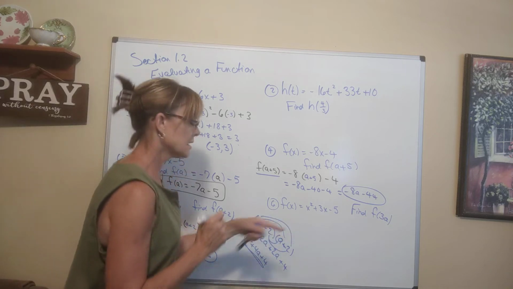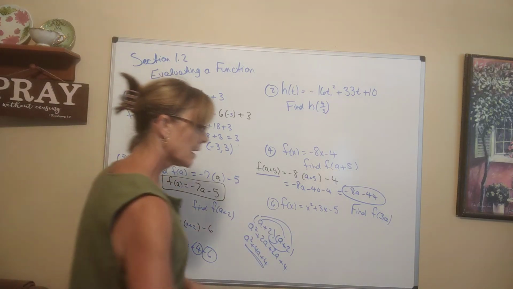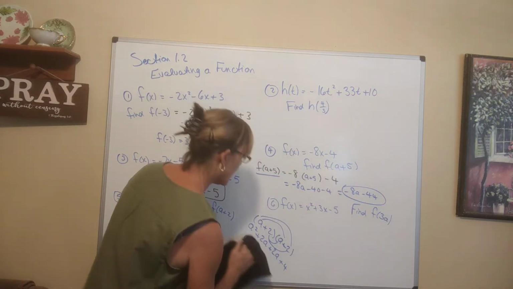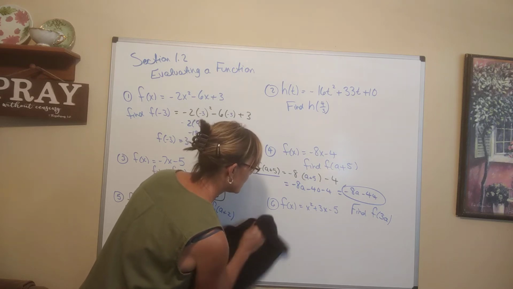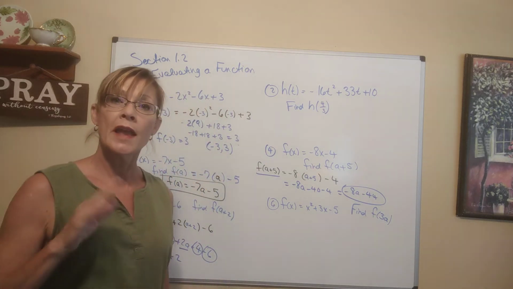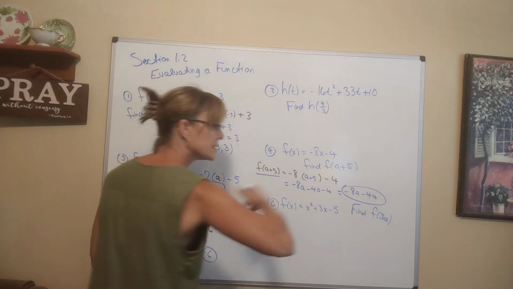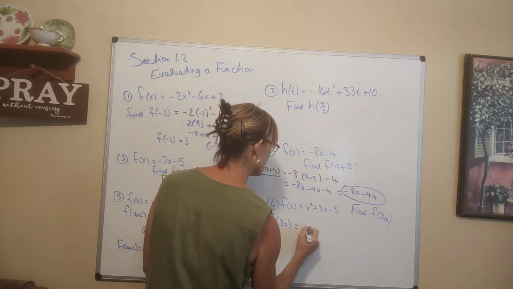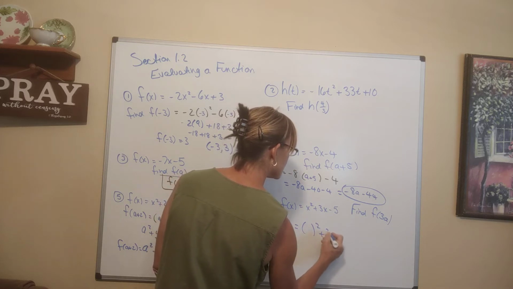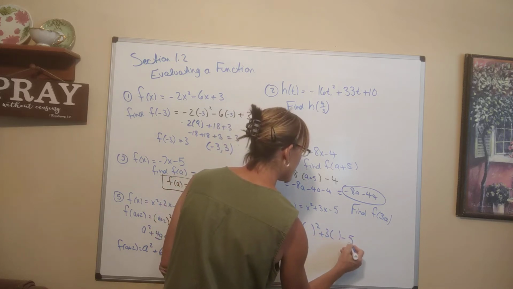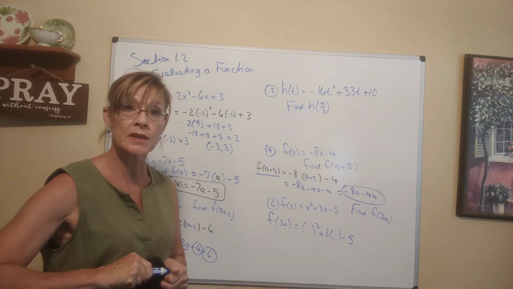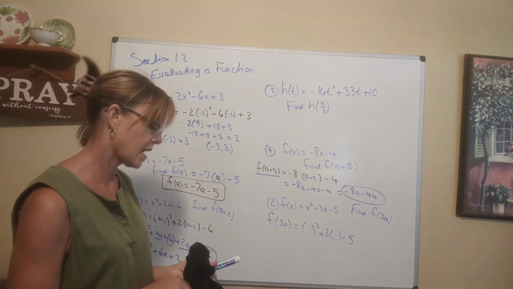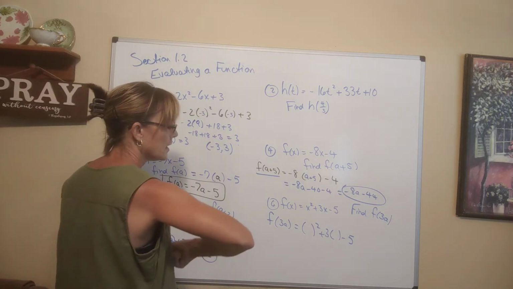All right, let's do 6. This will be pretty straightforward. f of x is equal to x squared plus 3x minus 5, but we are supposed to figure out what f of 3a is, so we'll do the same exact thing. We'll say f of 3a is equal to something squared plus 3 times something minus 5, and what we're supposed to put in there this time is 3a. So we go through and we say, okay, 3a,